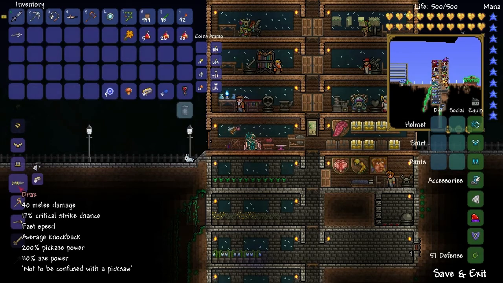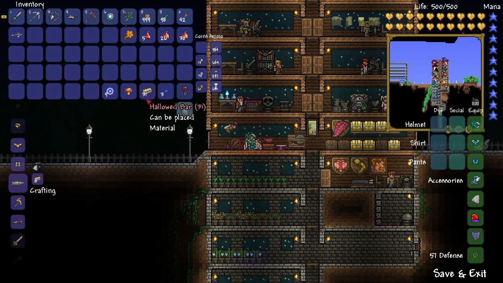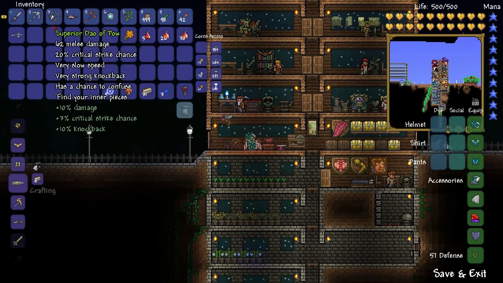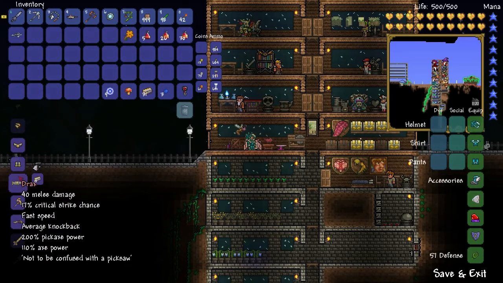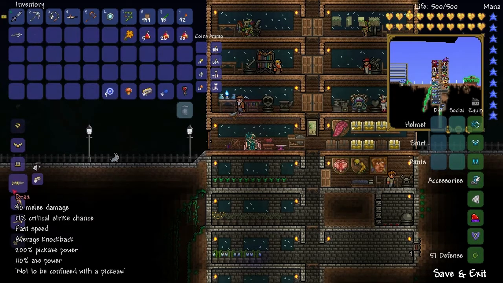And I think I want to get the Drax. It's a pickaxe and an axe. Well, so is this. The pickaxe axe. But I've heard the Drax is pretty alright. 18 out of my 31. Problem is, I wouldn't have a hammer. Since this is no longer the Ham Drax, it's just a Drax, it doesn't have the hammer properties anymore. But it is an axe, so...